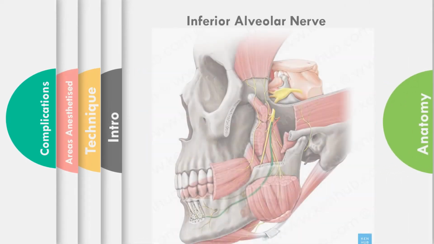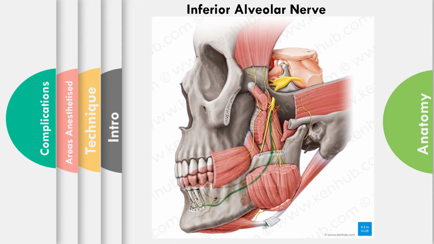Inferior alveolar nerve is the posterior division of mandibular nerve and it is the largest branch of mandibular division. Inferior alveolar nerve has three branches. First is nerve to mylohyoid, then it divides into mental nerve and incisive nerve. Mylohyoid nerve gets branched out before entering into the inferior alveolar nerve canal. Once the inferior alveolar nerve enters the mandibular canal, it travels anteriorly along with the inferior alveolar artery and the vein.